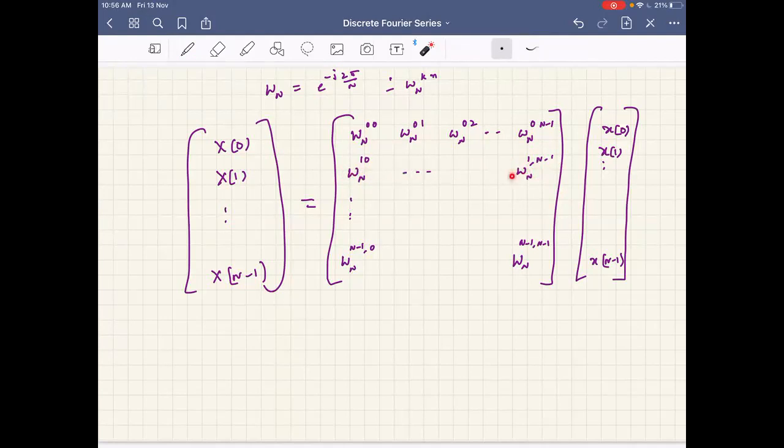What do I mean by a discrete frequency of 1? For all these basis functions, k is equal to 1, so the frequency for these is 1. This one is the 0 frequency, that is the DC basis. If you sketch them, I will assume I am sketching only the real part.